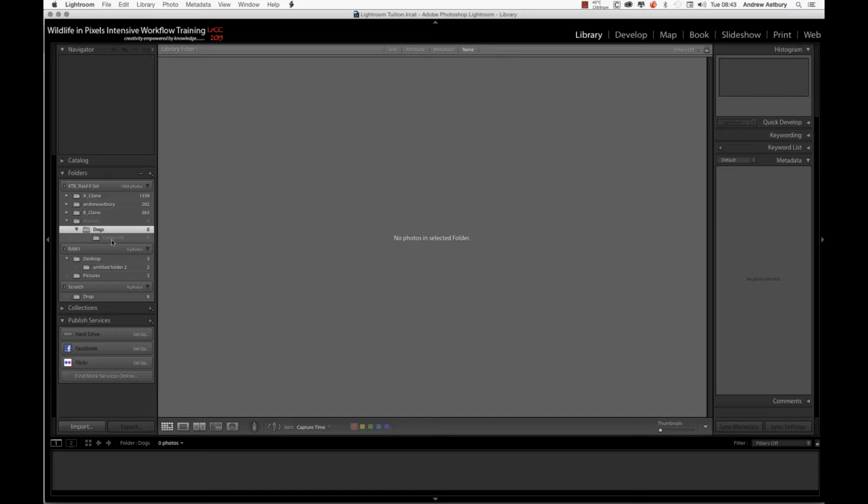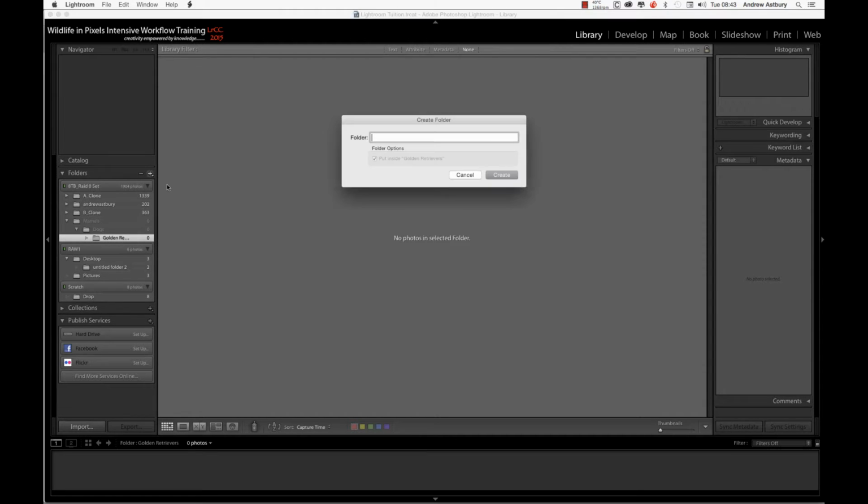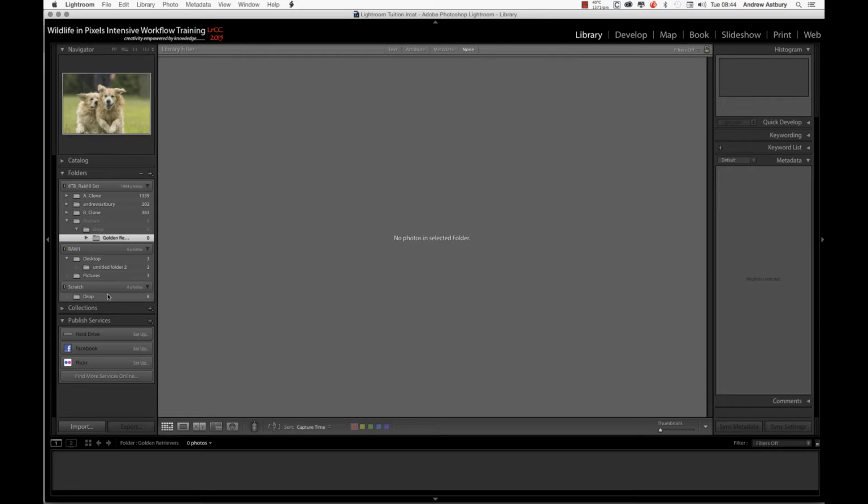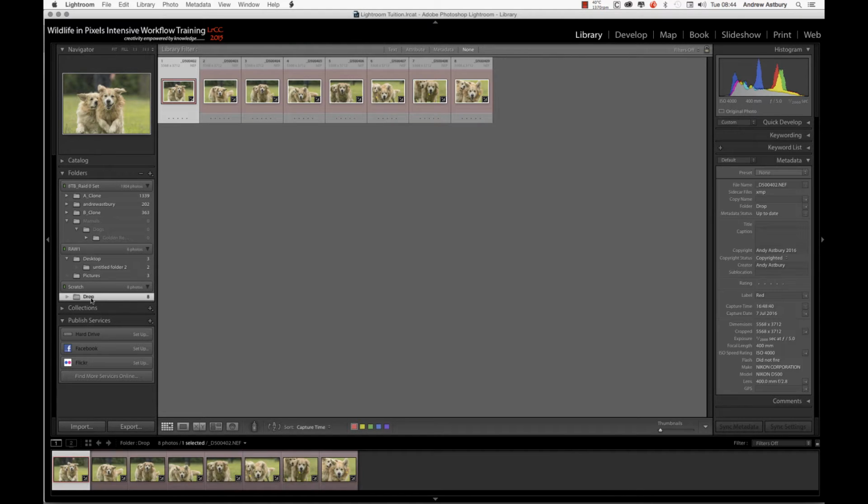And I could, if I wanted to, then go and add another subfolder in here that maybe says action. So let's go and do that, and we'll go add a subfolder, and there we go, action. Click create,